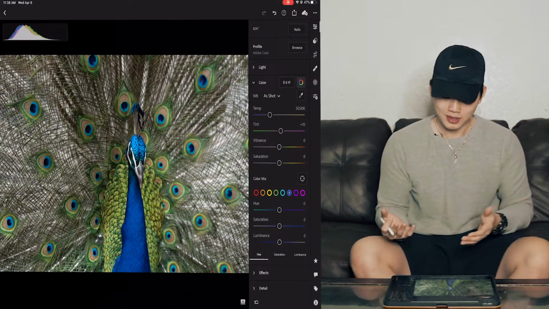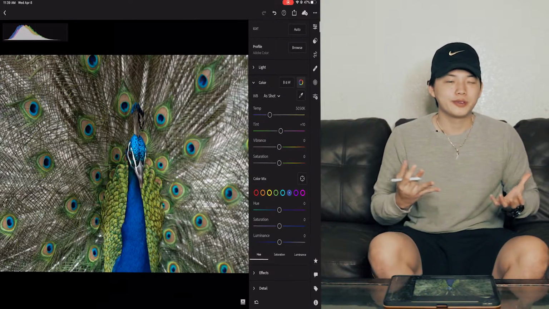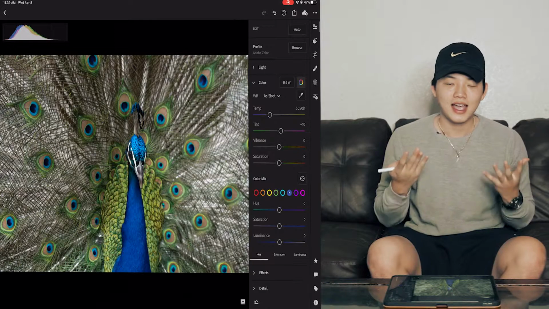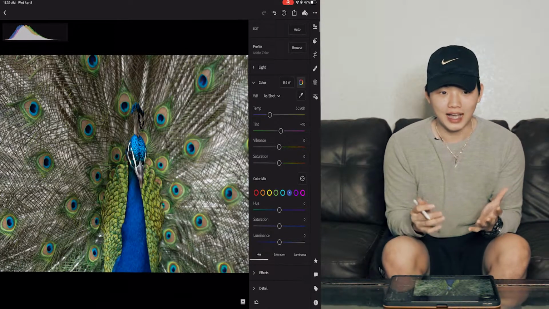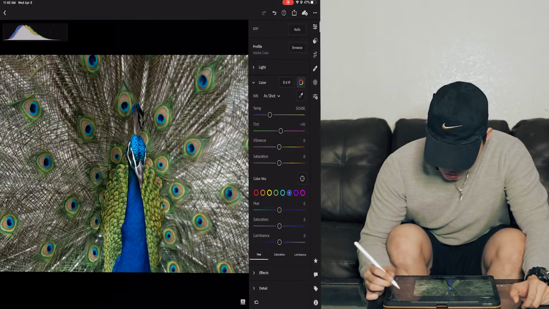I'm like, a peacock is an elegant animal with significant colors and beauty. So why not try to bring the best out of it? And this is where I see the iPad with so much potential with Lightroom mobile and all that. So you want to start off,